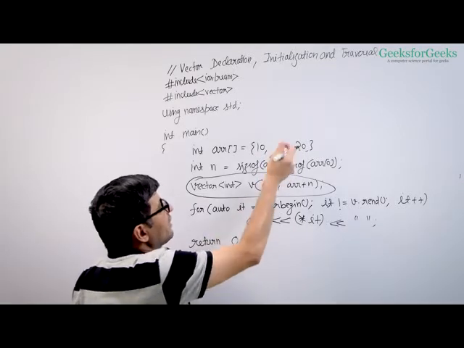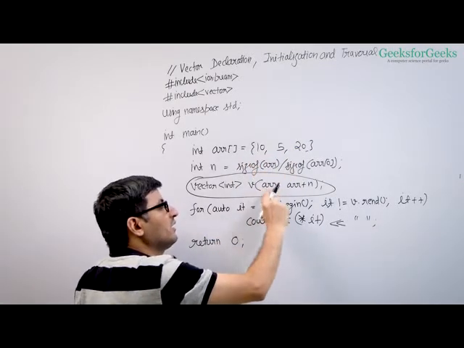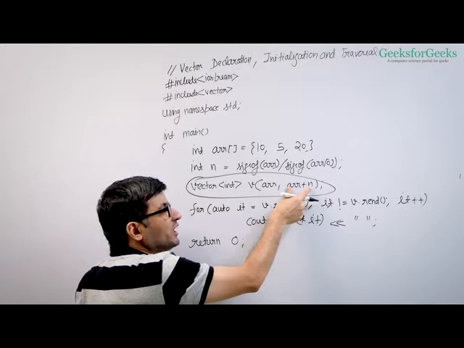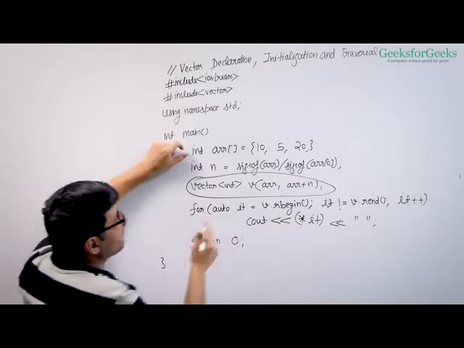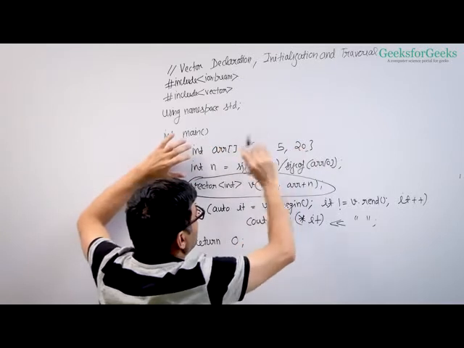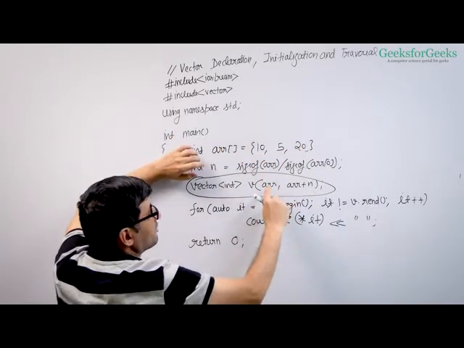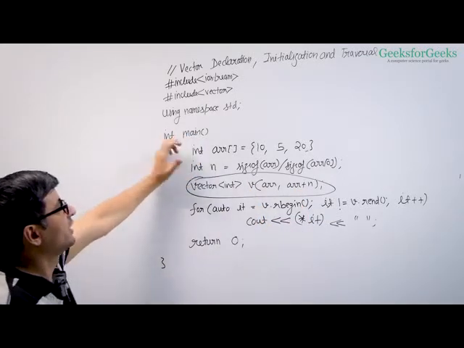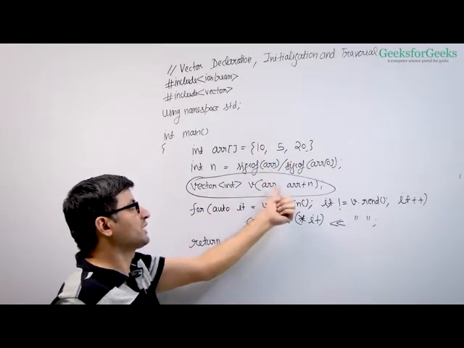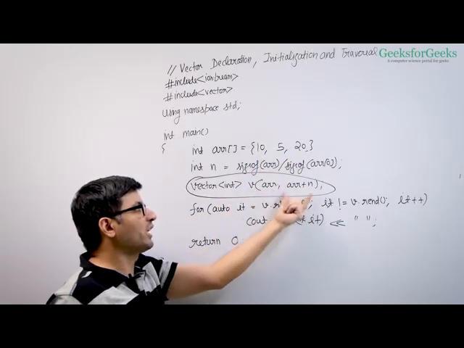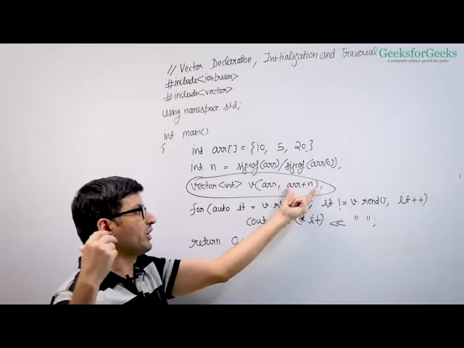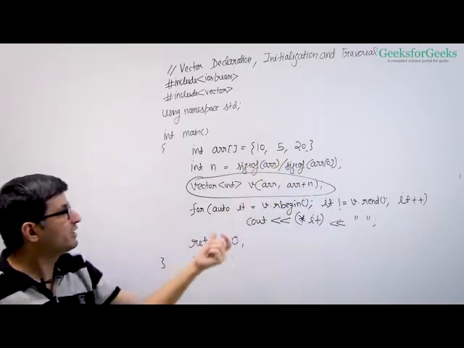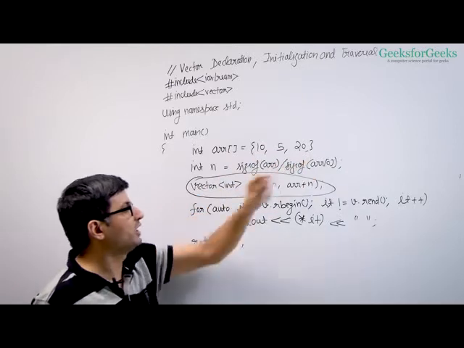We have an array which is a simple container, and we have created a vector from this by passing the begin address and the address of the element beyond the last element. Had it been a vector, for example, suppose there was another vector v2 which had these elements, then we could have used v2.begin, v2.end, and that will create v from v2. What it does is take all elements from first to last, where the first element is included and last is not included, because last is a pointer or address to the element beyond the last. So this is how you create a vector from the array. This vector is going to have these elements 10, 5, 20.